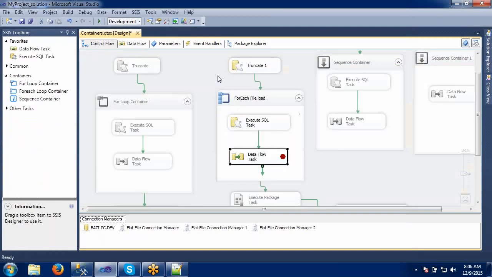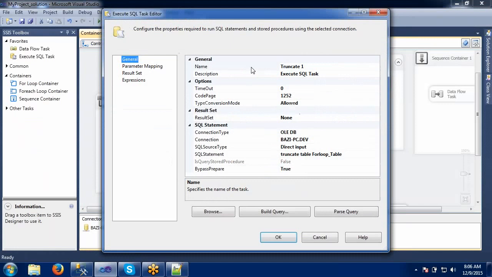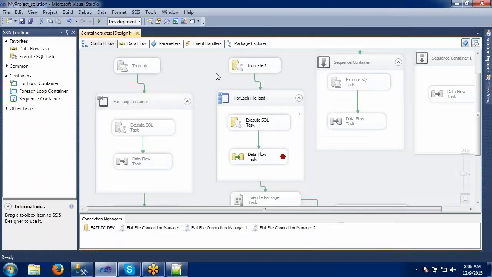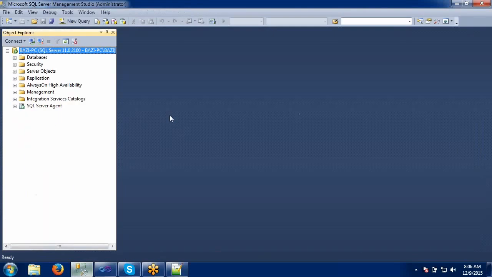This is what we have done in the for each loop, and every time we are truncating the for loop table here. Let's go and check it first. Is data available in this or not?